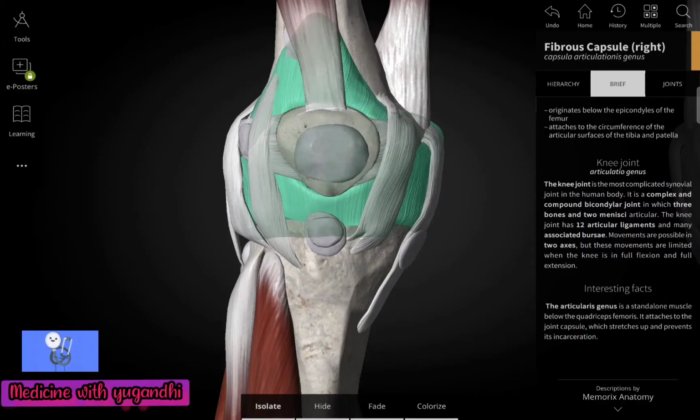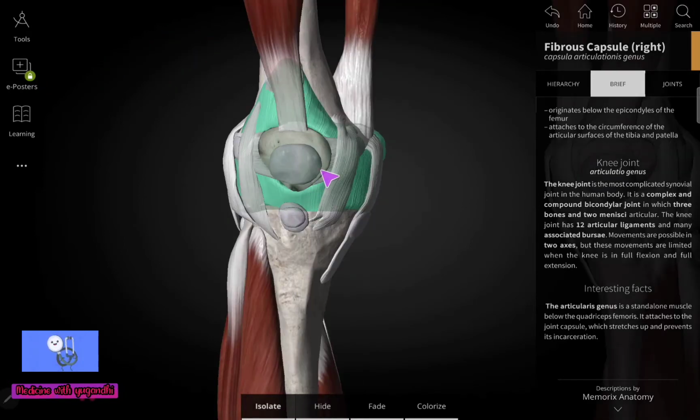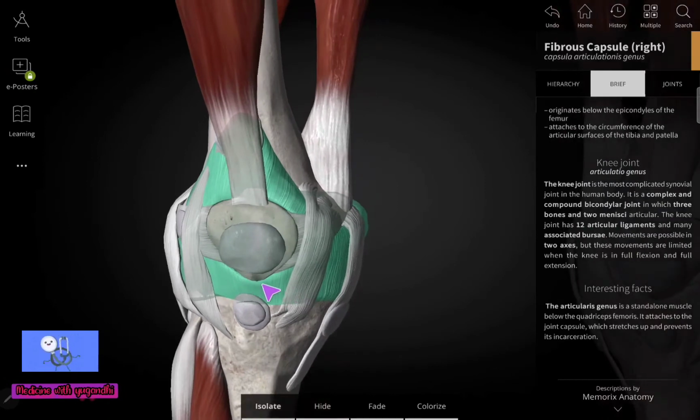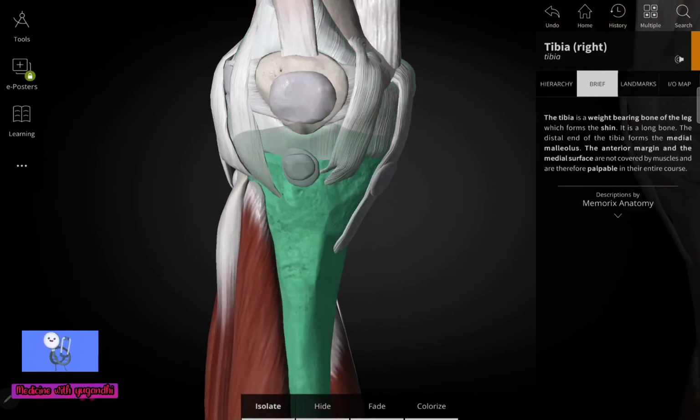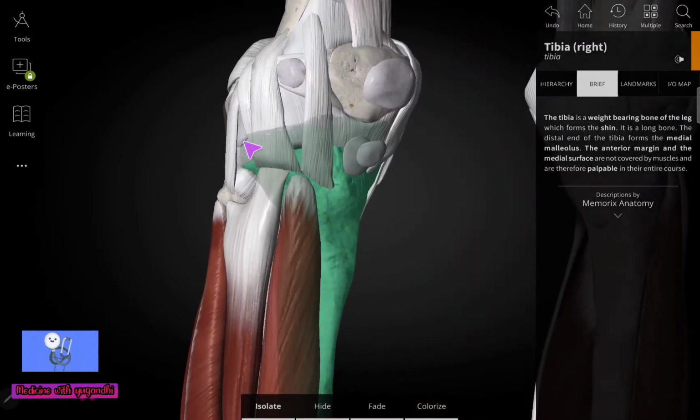Now coming to the next feature of the tibial attachment of the fibrous capsule, especially the posterolateral attachment. So what is special about this posterolateral attachment? Let us see briefly. So here you can see the fibrous capsule, this one. This is the fibrous capsule, and here you can see the tibia, and especially this lateral portion, this is